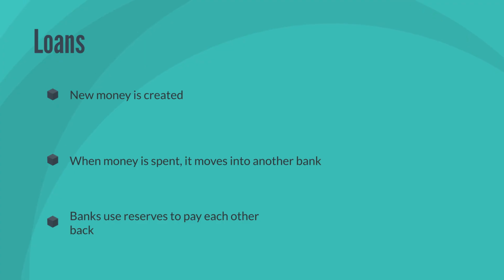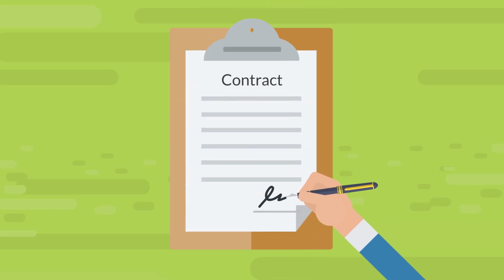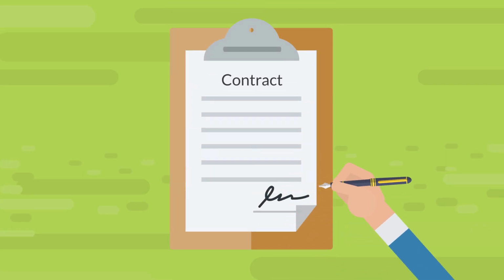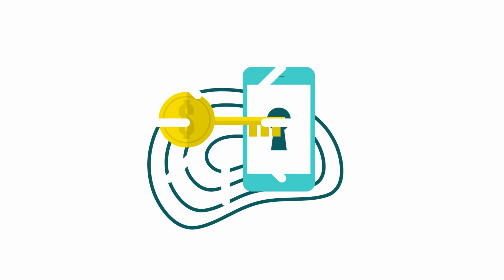Banks aren't the only ones creating money. Governments do it too. When the government spends more than it collects in taxes, that's called the budget deficit. To cover the gap, the government issues bonds, IOUs that say we'll pay you back later. Investors buy these bonds, and the government uses the money to fund things like highways, defense, and Social Security. Those bonds are just another form of money. They're assets for people who buy them and liabilities for the government.